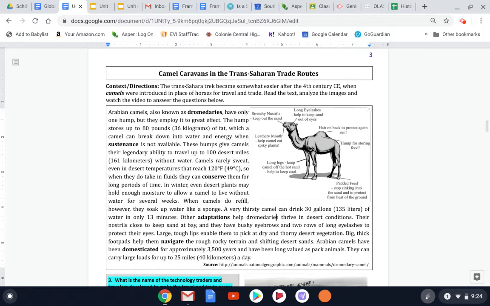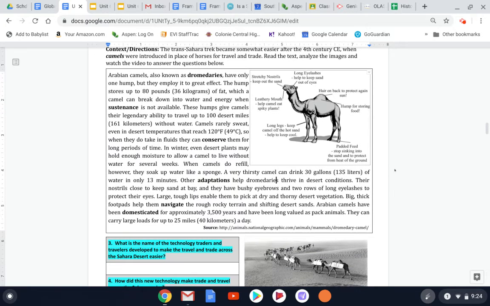We're going to read the text together, analyze the images, and watch a video clip at the bottom of the page to answer the questions below. So let's read this together. Arabian camels, also known as dromedaries, have only one hump, but they employ it to great effect. The hump stores up to 80 pounds of fat, which a camel can break down into water and energy when